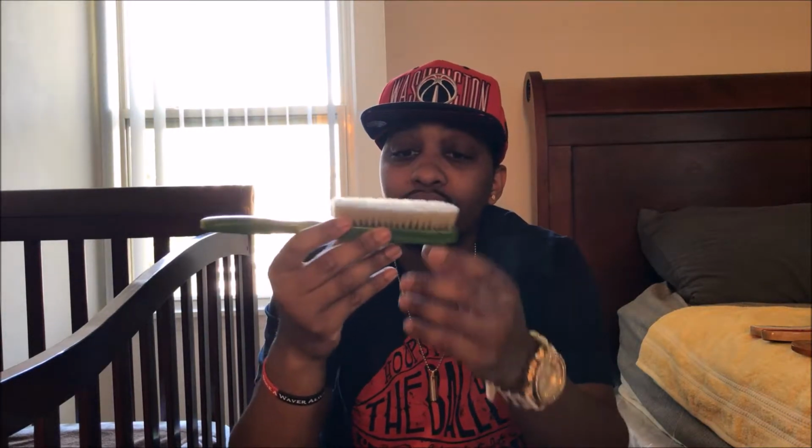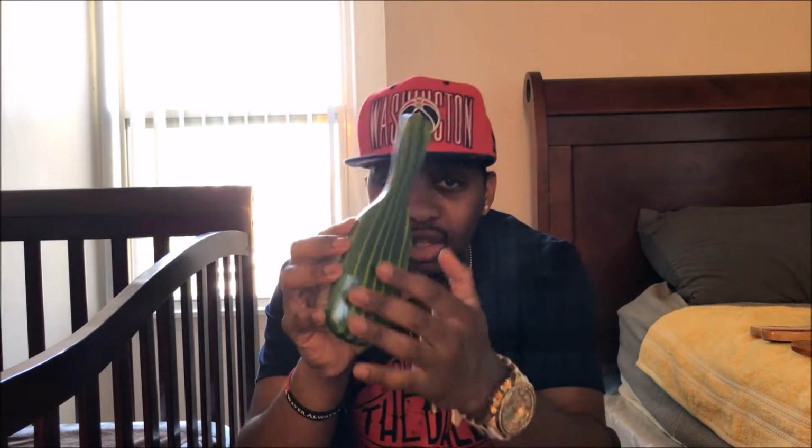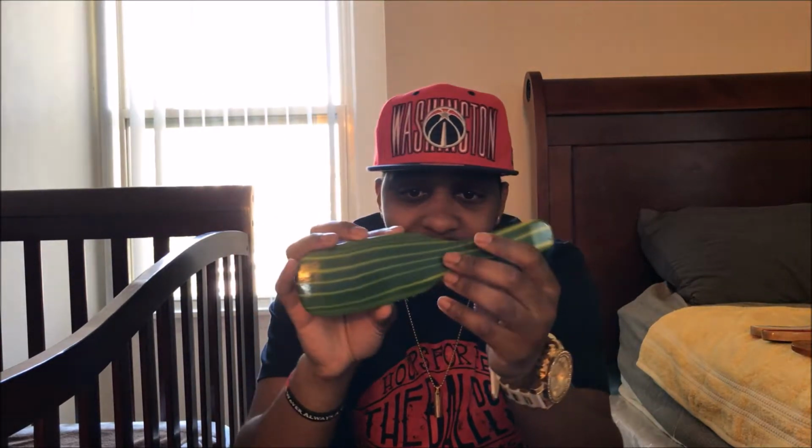This is a medium soft. This brush is a little weird looking, like this green and yellow wood grain pattern. It's a little weird. It reminds me of that old Nickelodeon show where they used to slime the kids. That's what this brush reminds me of. But man, these bristles